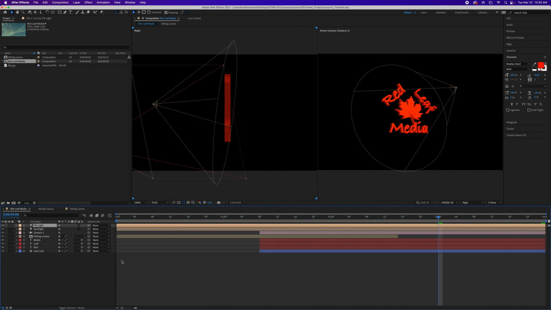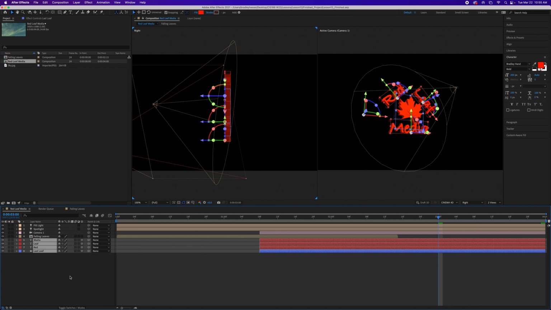So let's go ahead and let's select this last leaf layer. And then we're going to go ahead and hold down Shift and come up to Media, because the last leaf and the text that's all on there are all made out of the same material. We have them all coming up. They're all treated the same. So we want to go ahead and add items to these. So with all of these selected,